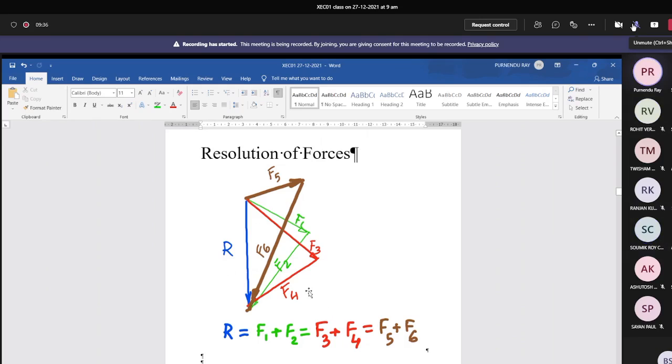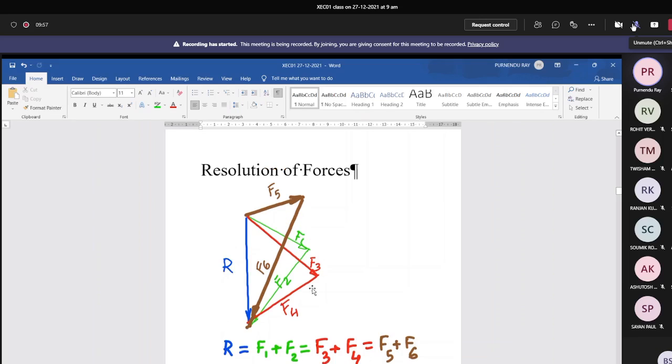Okay. Now, one thing we can do. Can you remember that we can shift the position of the point of application of the force along the line of action of the force without changing the effect of that force? So if we have three forces, F1, F2, and R, suppose it is in equilibrium. So R is not the resultant of F1 and F2. In that case, R should be opposite to this direction. So F1 plus F2 plus this, as it is shown, it should be minus R. So F1 plus F2 minus R is equal to 0. That is the equilibrium. Any name you can give.